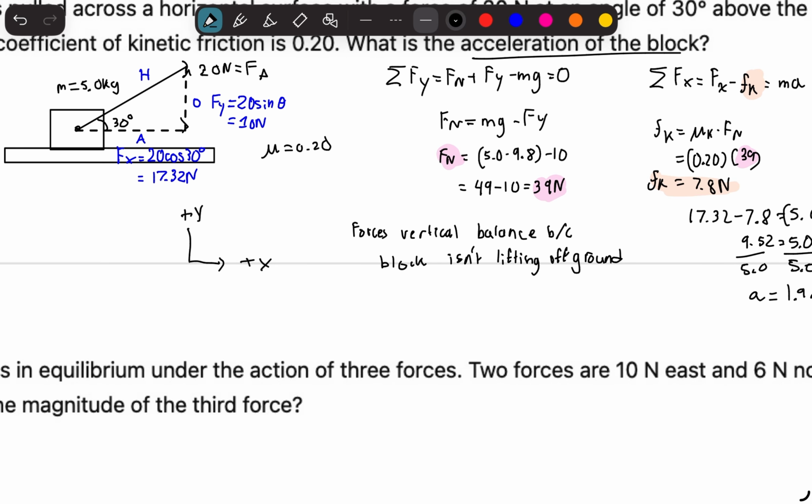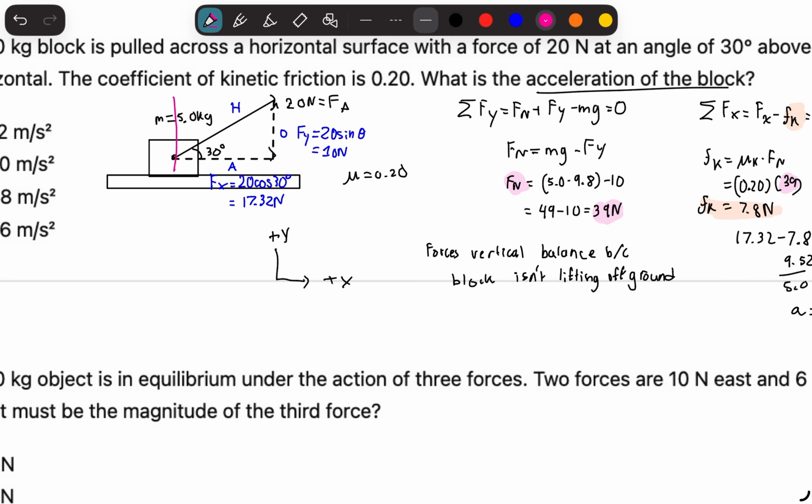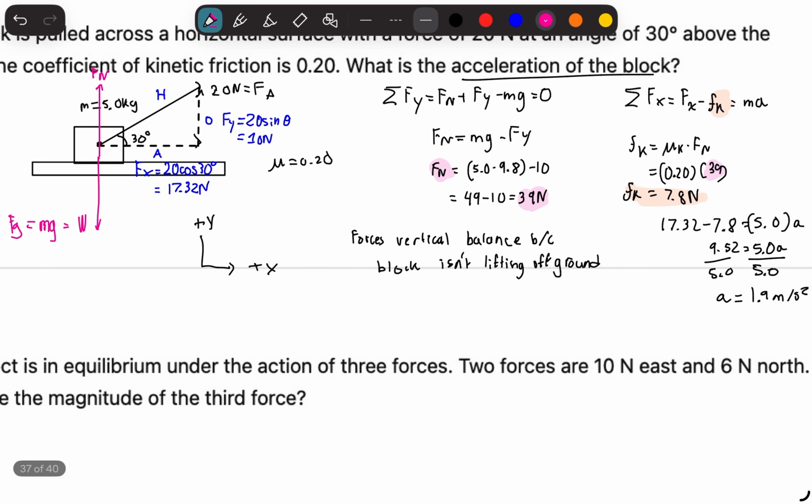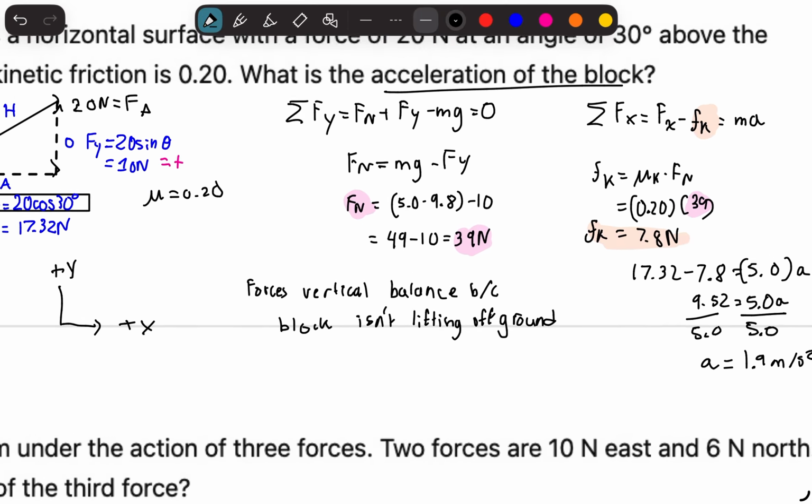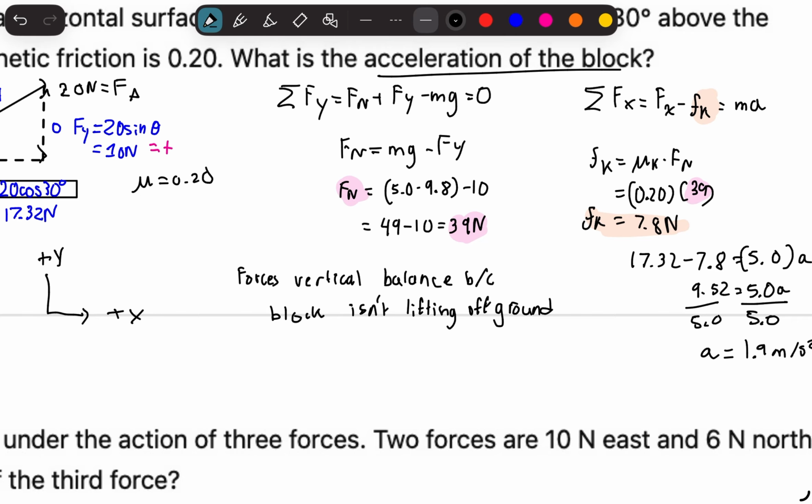Normal force is going to be acting upwards on the block, so that's Fn. And then downward, you have the weight, which is equal to mg, which is also equal to Fg. So those are going to be in opposite directions, up and down. Fy is also acting in the vertical direction because it's upwards, so you have to add that as well. Then you can rearrange that and substitute in your value for mg